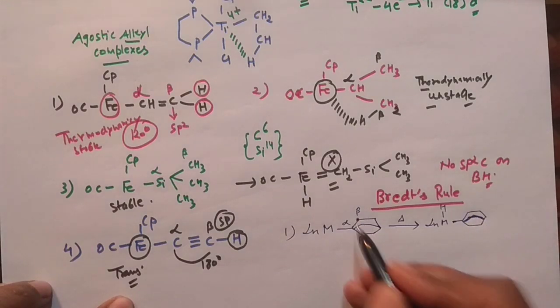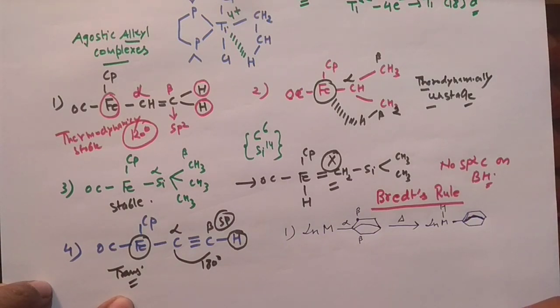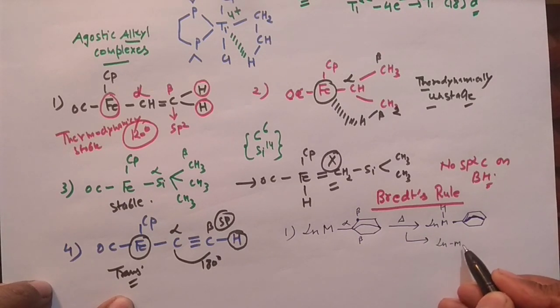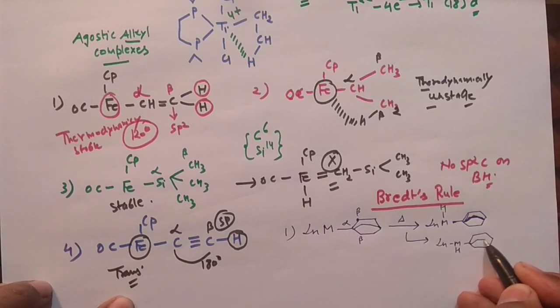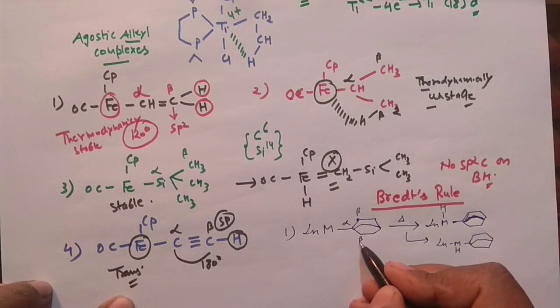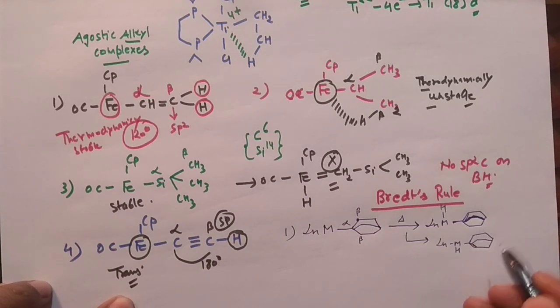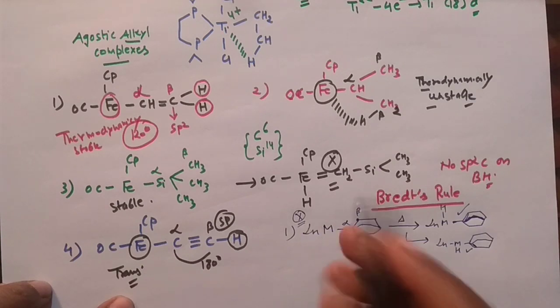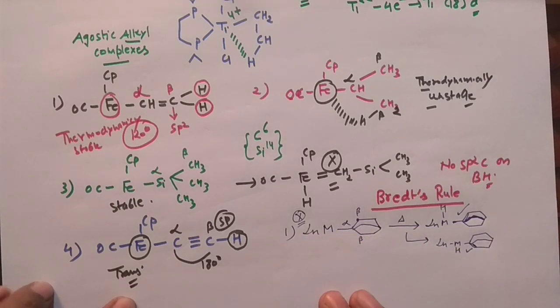If you remove this hydrogen, that means you have to put the double bond here. And if you remove this hydrogen, then you have to put the double bond here. So this is the bridgehead position, this is the bridgehead position, and it is not good because it is a violation of Bredt's rule. In the bridgehead position we cannot put the double bond or the sp2 carbon. So this will not undergo the beta hydride elimination reaction, and it would be thermodynamically more stable, right?